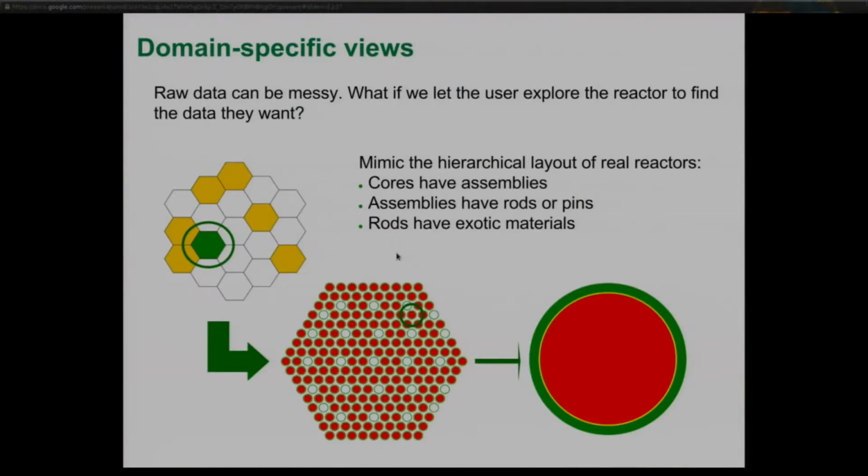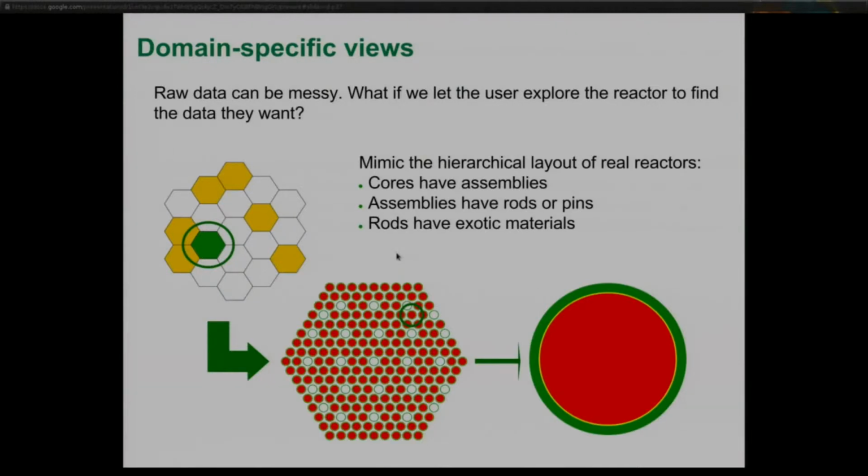It's domain-specific. It gets you past raw data, which can be messy. And it lets you go through the reactor in a way that is completely hierarchical and matches the real structure of the reactor. I left out some examples of doing this with LWRs, but we've done it there too. And this is the first time that I know of that anyone has gone through and created a good hierarchical model of LWRs and SFRs and plants on top of them, and they can all be exchanged and moved around and visualized. This system is actually back-ended by HDF5.